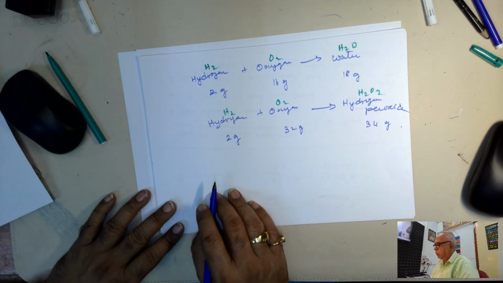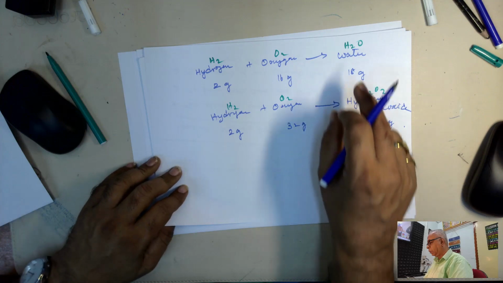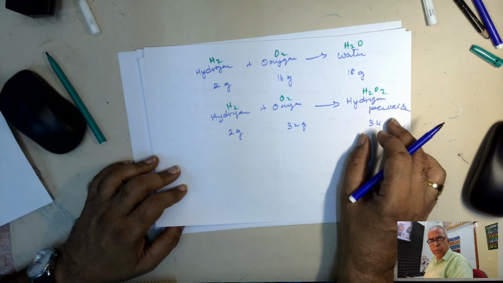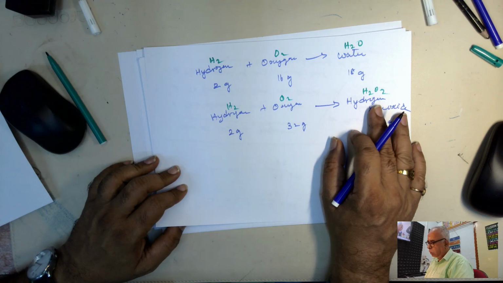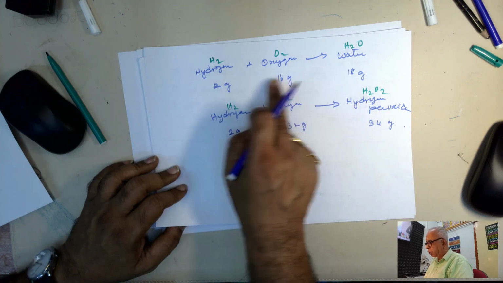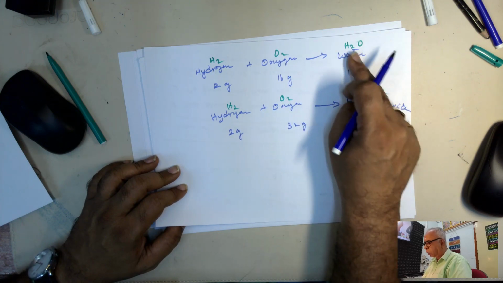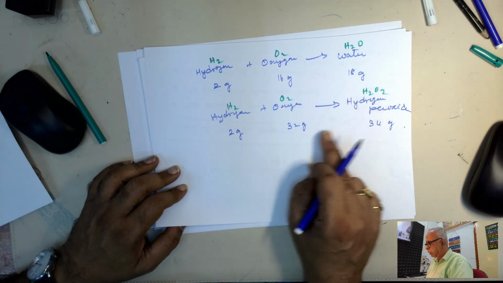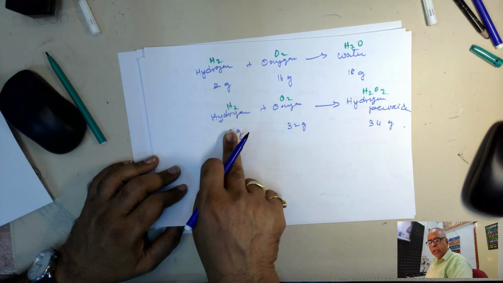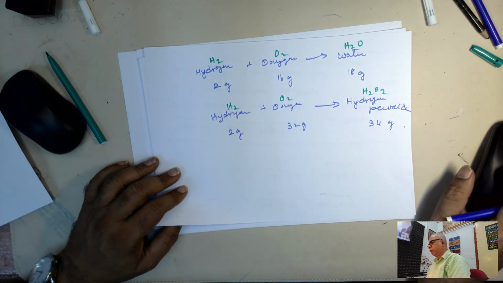So this is what he wanted to explain. It is because of this ratio that you are able to get different compounds. Are you able to follow? When the same oxygen combines with hydrogen in the ratio 2 is to 16, it forms water, but in this case it gives hydrogen peroxide because it is doubly added to hydrogen. Is it not? Right.